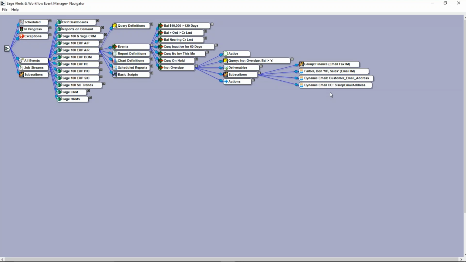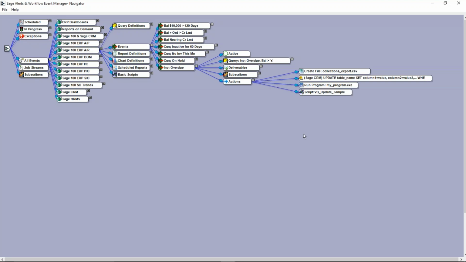One last note before we leave subscribers. If I cursor over my subscriber branch here, you'll notice it's showing an email address that's a Gmail address. That is my secondary delivery address. In alerts and workflow, every person who's going to receive an alert is able to be set up with both a primary and a secondary alert delivery address. Why? Because Monday through Friday, I want to be notified at my work email address, but on Saturdays and on Sundays, I wish to be notified at my secondary, or in my case, Gmail email address.